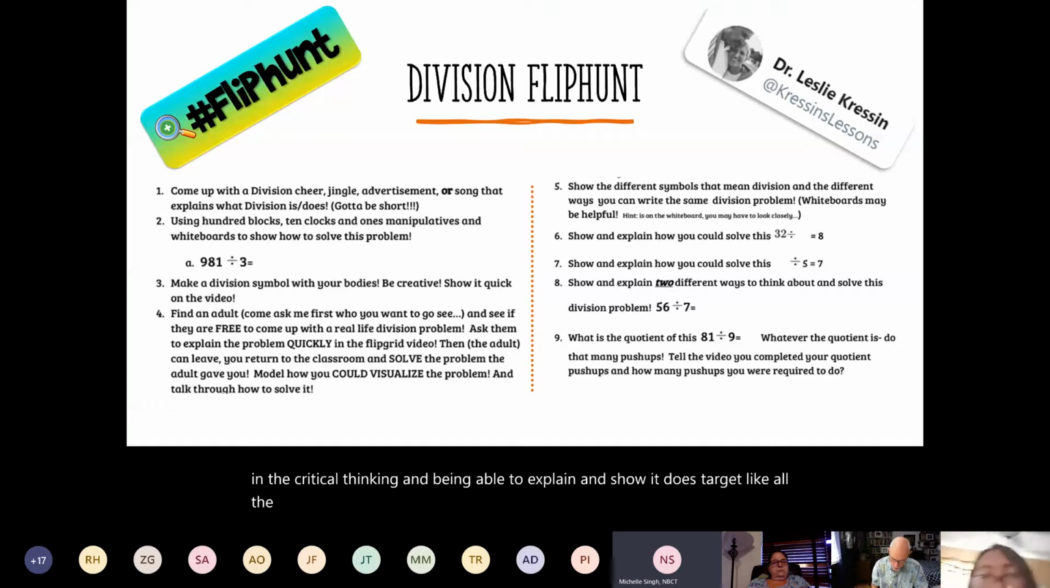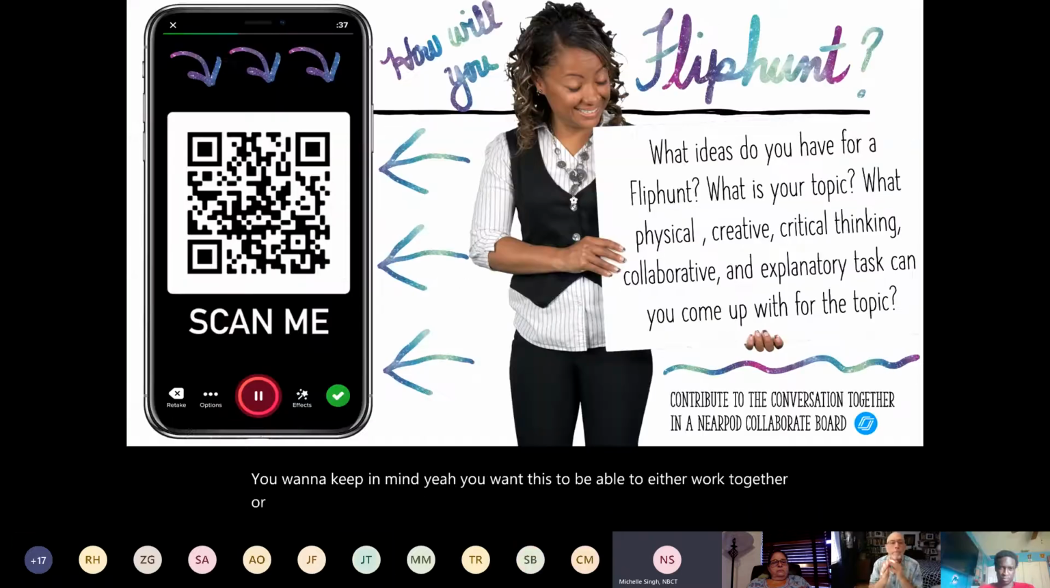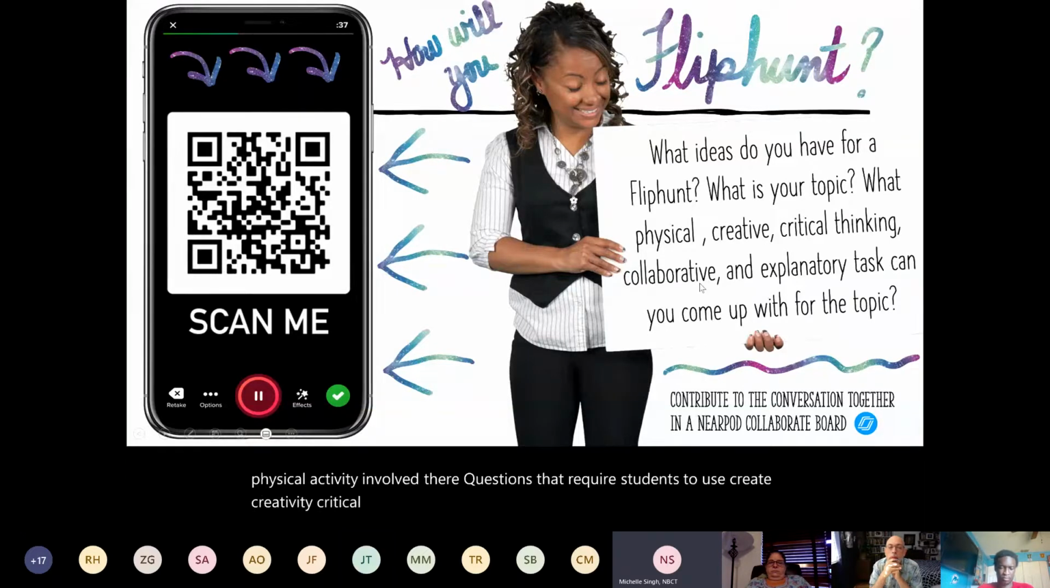So when you're creating a flip hunt, you want to keep in mind that students should be able to either work together or work individually, but you want to make sure that there is physical activity involved. There are questions that require the students to use creativity, critical thinking, collaborative skills, and explanatory tasks. So think of some ideas that you have that you could possibly use a Flipgrid for. Okay, and if you have your mobile device,